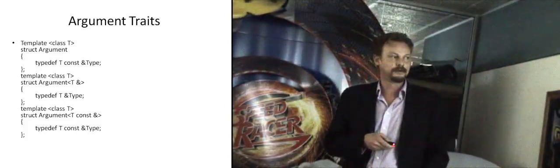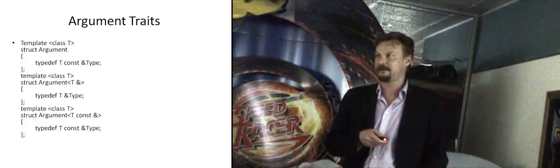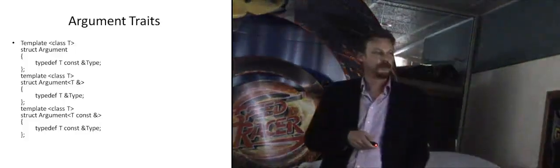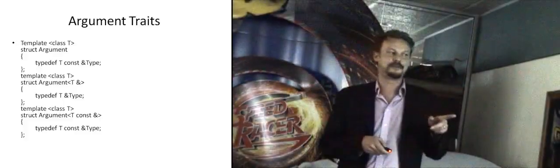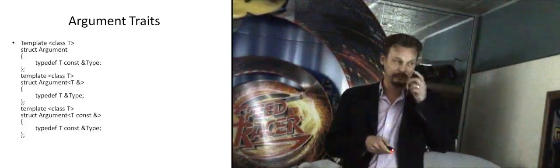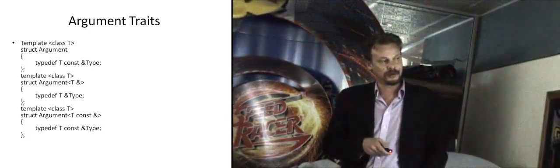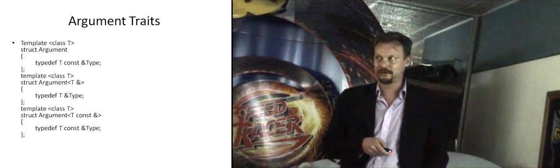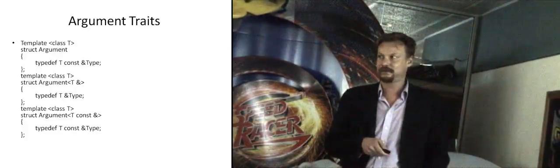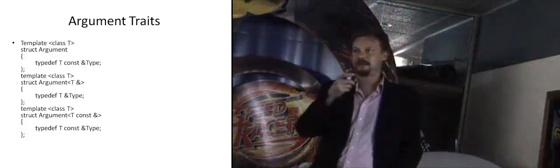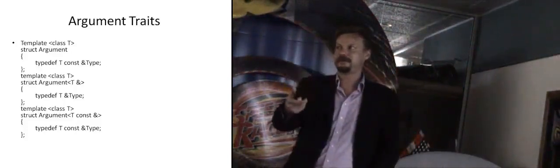However, you can't always do this, because if T itself was a reference type, then you'd have a reference to a const reference. You can't have a const reference of a reference. It doesn't make any sense. So the argument type, for any type that matches this pattern, you should use this. What this is saying is, if the type passed in matches this T reference, then you should pass it as a reference. So an argument of type reference should be passed as reference, and an argument of type const reference should be passed as const reference.